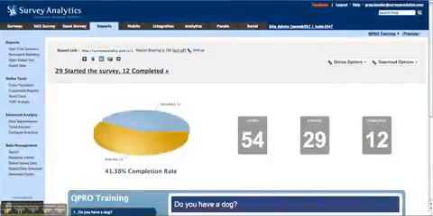Okay, now that you've created your survey and sent it out, it's time to begin looking at the results. What you're going to do is come into Survey Analytics and go to the Reports tab, and you're going to see on the left-hand side the controls and options available to you. The very first thing that comes up is the real-time summary report, which is going